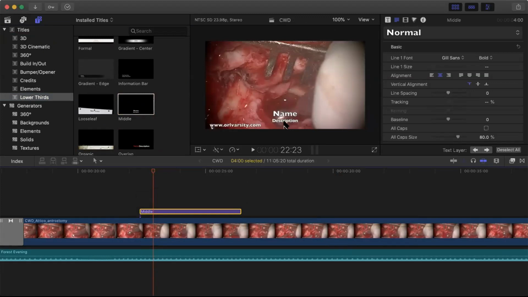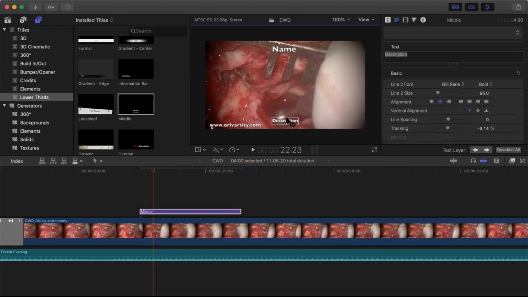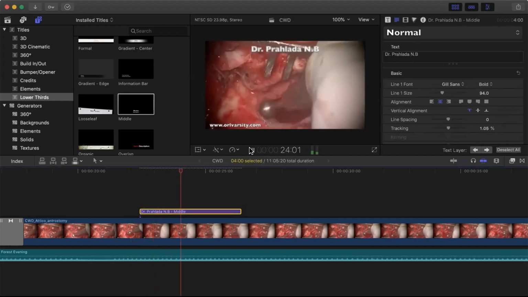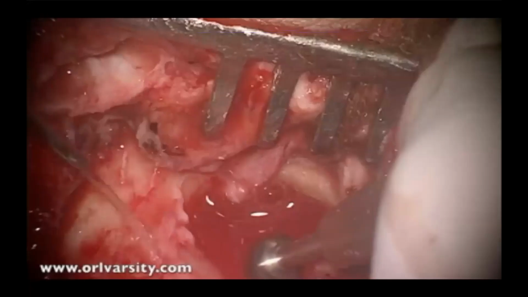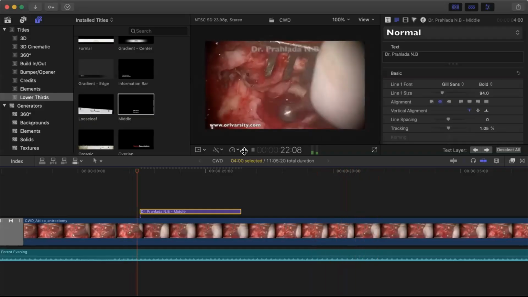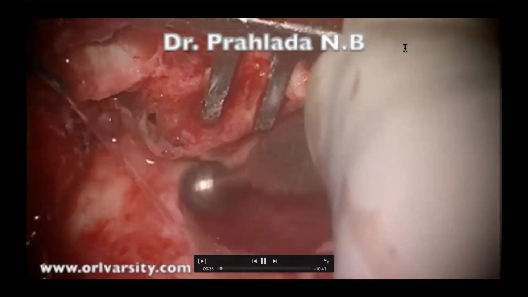So name and description are here. I'm going to pull this up so that it is seen separately. The description, I want to delete that description. Okay. So I don't want it. So I will delete that description. Only name. I will put my name there. So I'm going to edit and put my name there. Yeah. So I have put my name there. Now you see, yeah, my name appears on the top, and also it cards out. I will expand that. So my name also appears there. Okay.